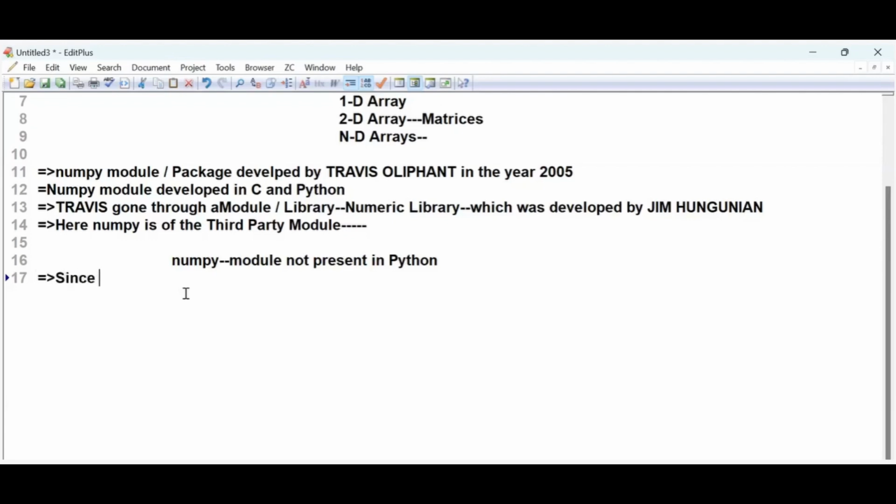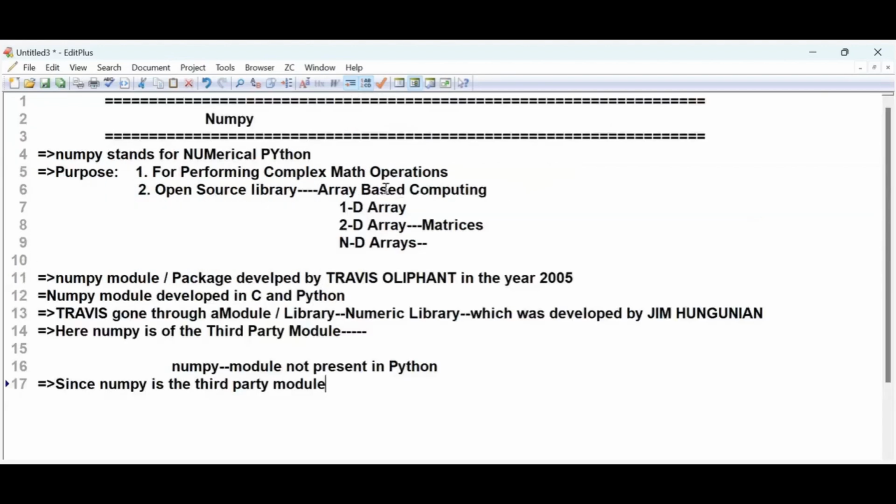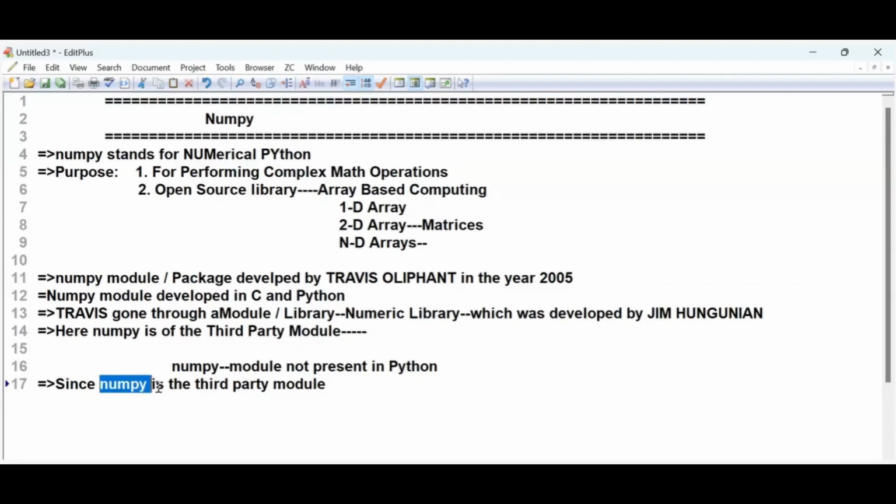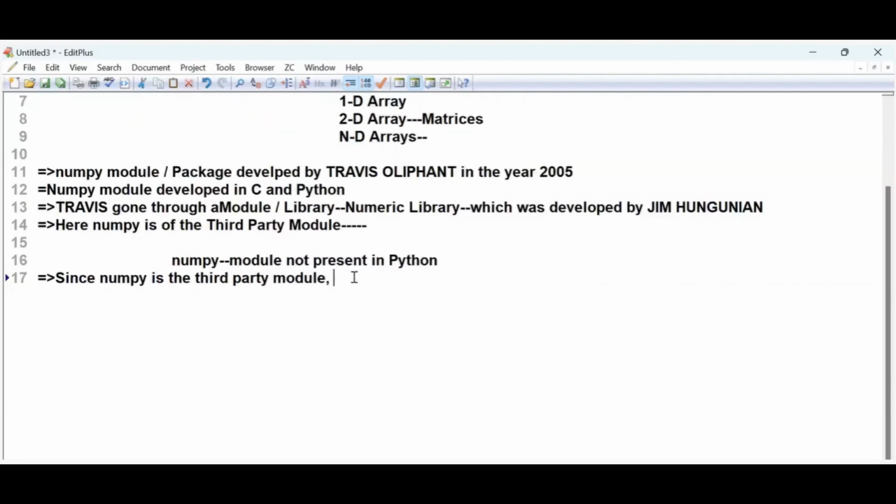Since Numpy is a third party module, to do this many operations in real time, I need the module called Numpy. Since Numpy is a third party module, we can't directly import it. Whenever I import, you will get a ModuleNotFoundError. So I will write it: we can't import directly, so we must